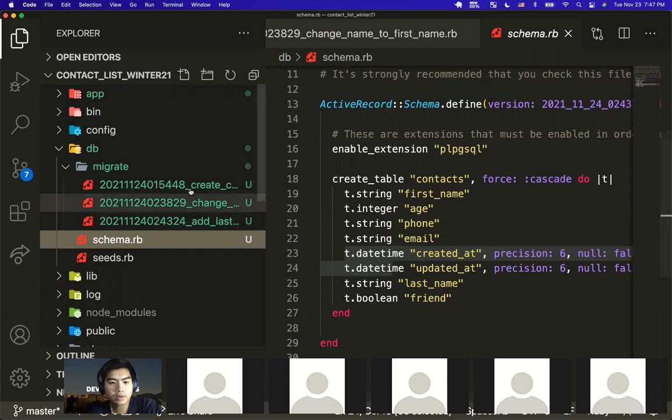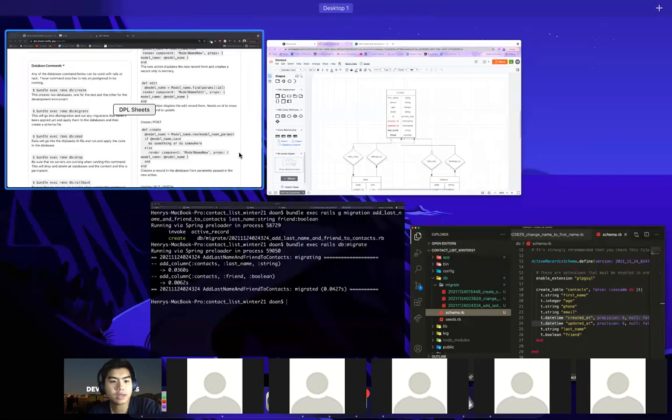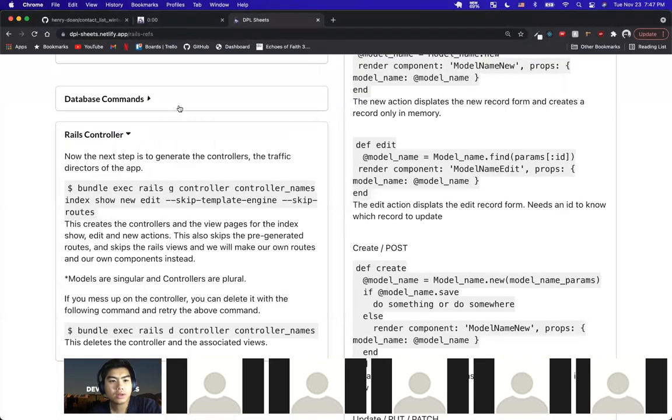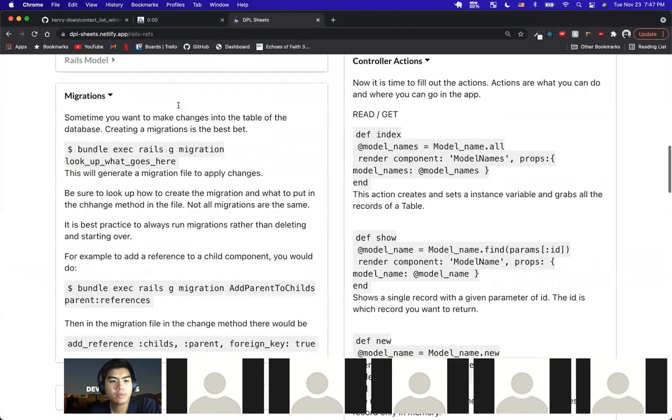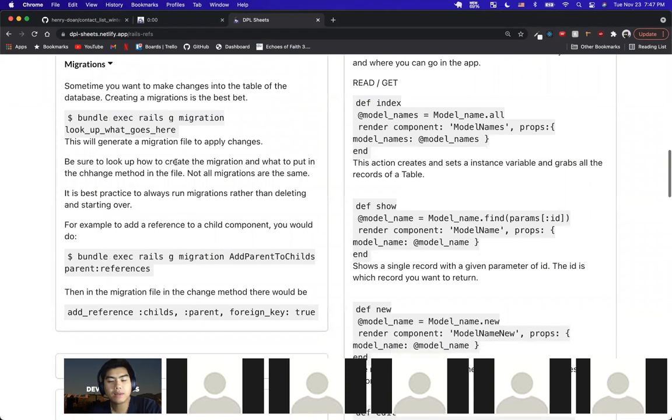Sweet. But yeah, so if you do need to do any changes, you would need to do that with migrations. Let me show you where that is inside of the code. So here, if you were to do the migrations, that will follow these migration steps here. And then again, make sure you Google this because different migrations will look differently. So there's not like a one-stop shop for migrations. So follow that documentation or how the Google is doing it, and then do it that way for that particular